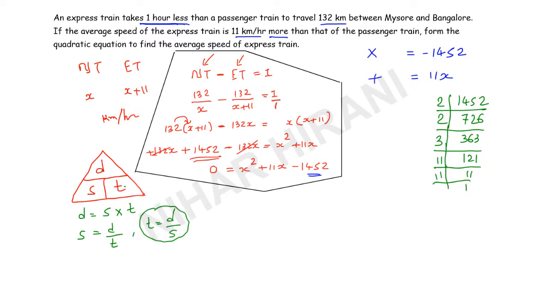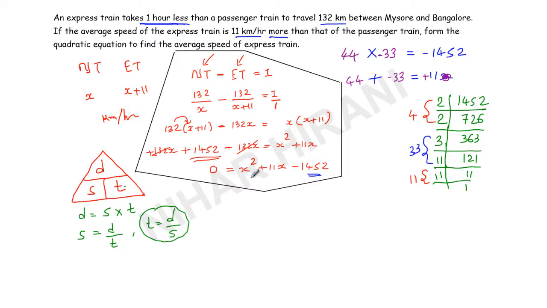So here if you see carefully, you need two values. If you multiply you get 1452. If you add you must get 11. So here I will make two groups in such a way that follows this condition. Let us say this 11 and this 4. Let's take this together, 4 and 11, and let's take these two together, that's 33. So 44 minus 33 is 11, isn't it? It means I got two numbers which follow this condition, 44 minus 33. If you subtract this, you will get plus 11, and if you multiply you will get 1452.